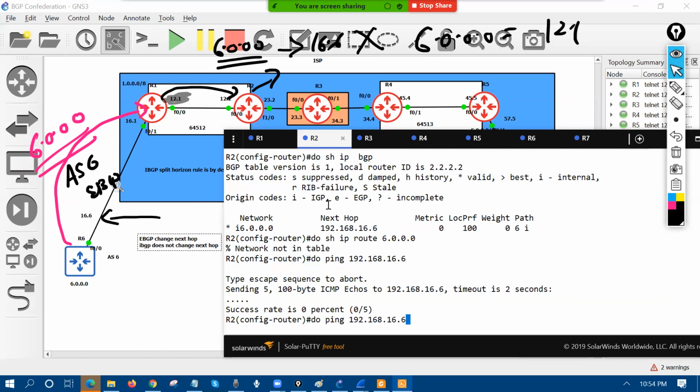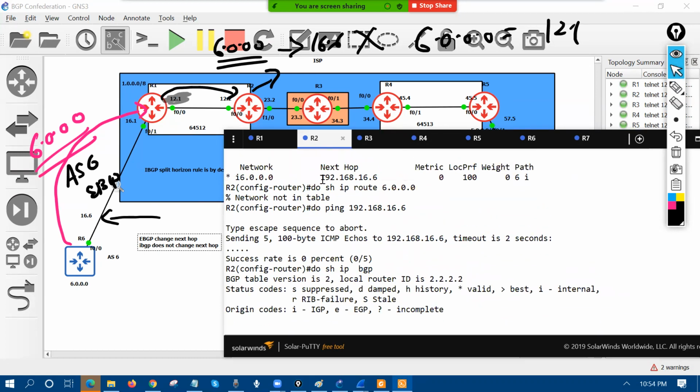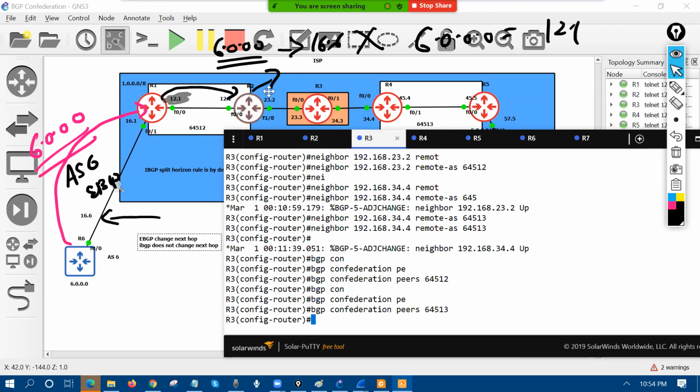Now if you see do show IP BGP, the previous information, 16.6, the route was not best. Now it's best, because from R2 I can ping this guy 12.1 easily. So now if you go back to R3, R2 can send this information to R3 because now it's an eBGP connection, right? So if you see do show IP BGP,